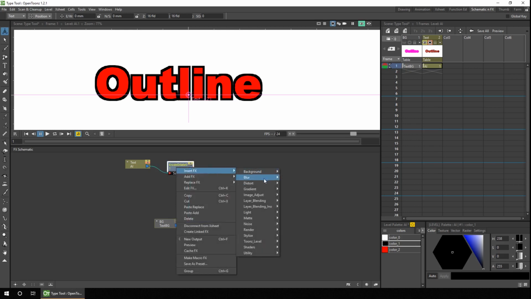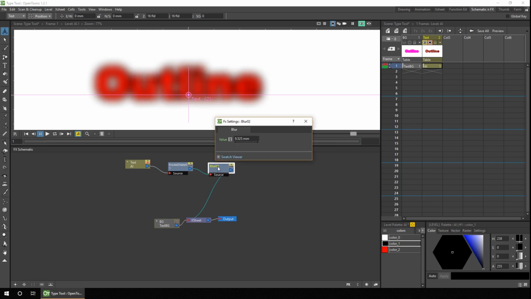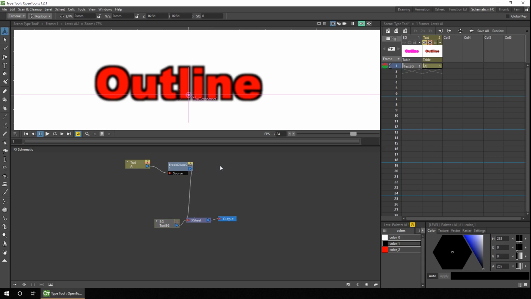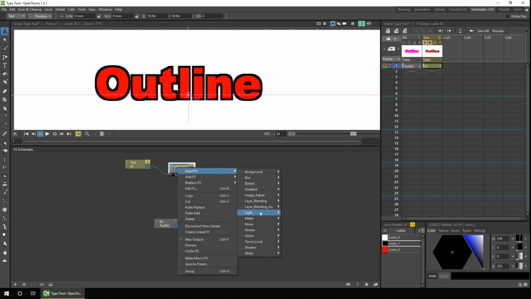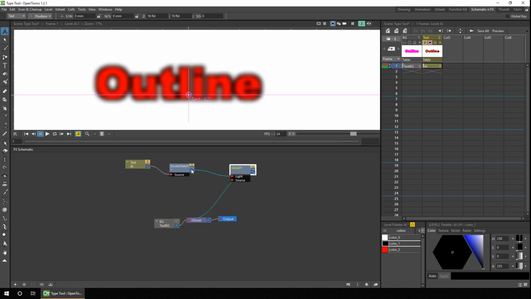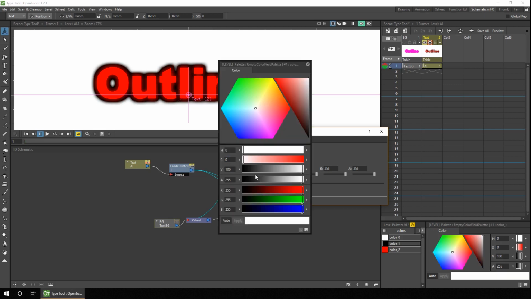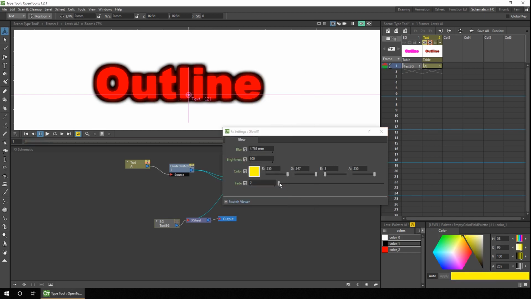So common ones you might add would be blur perhaps. Let's bring this down a little bit. And another common effect you might choose to use would be the glow effect, which is in the light section. And as I said before, just play with the values and see what works for you. So I'll introduce a different colour, a bit of yellow into the glow,